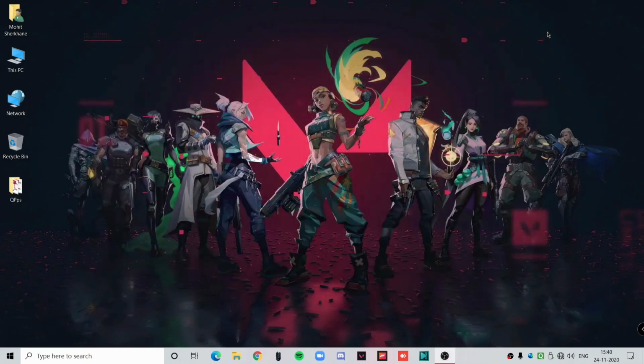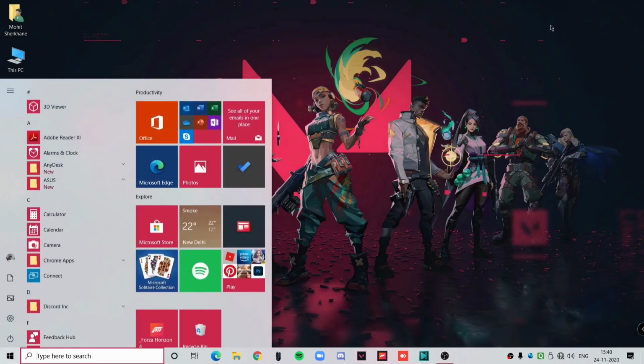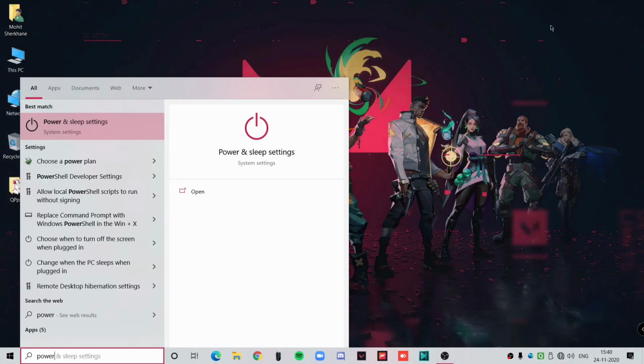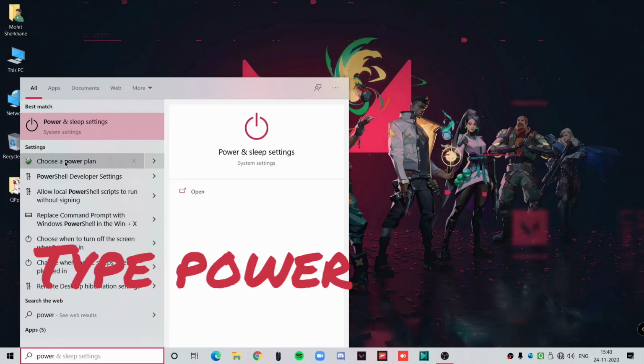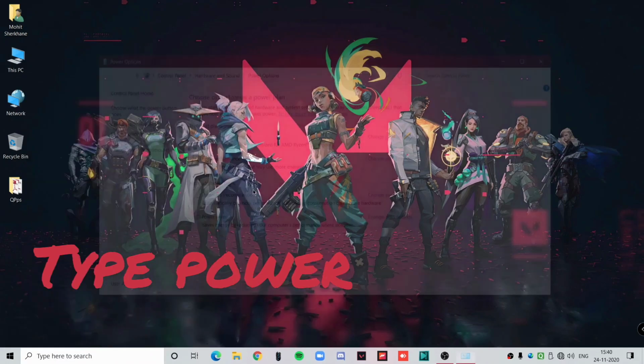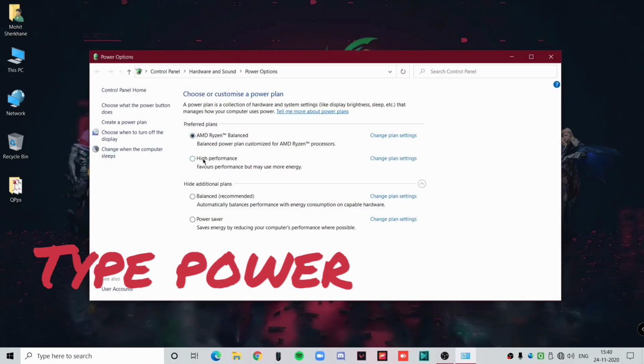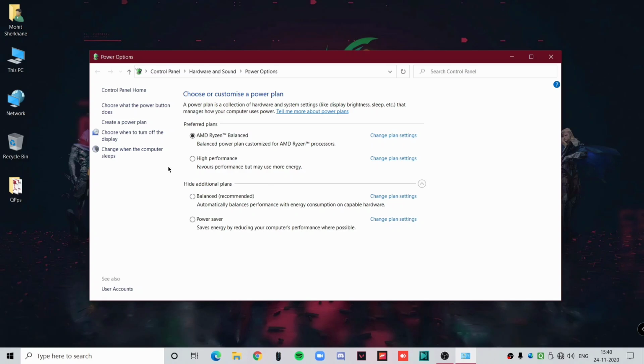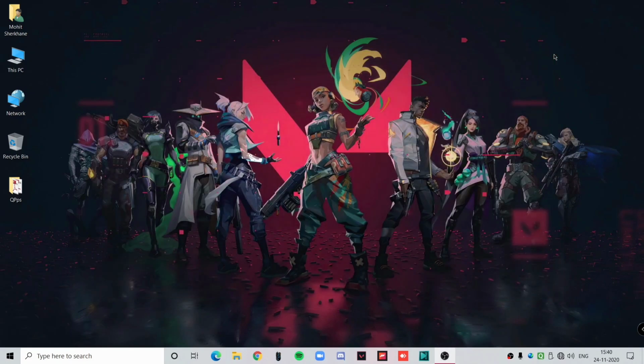The second thing is to turn on your high performance mode. This especially helps when you have laptops. So what you do is press the Windows button, then search for power. Choose a power plan, should be the option you would be choosing right now. Go to this dialog box, select high performance. What this does is raise the clock speeds of your CPU so that your computer becomes faster.